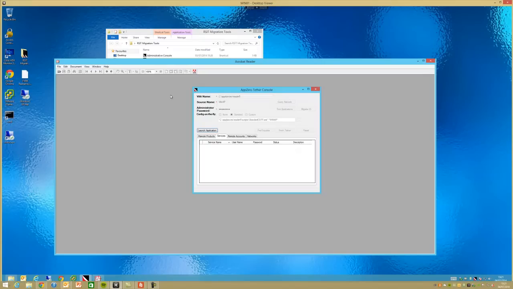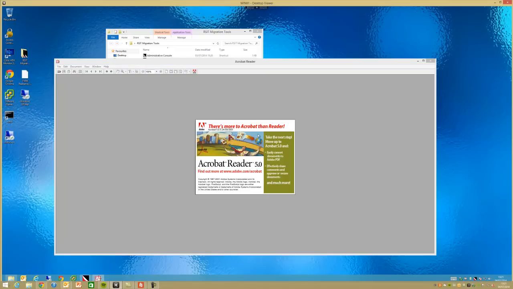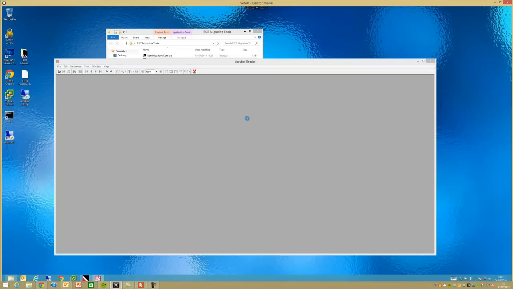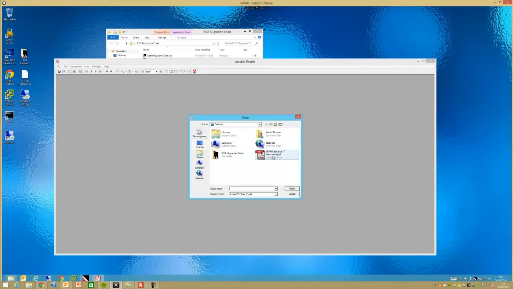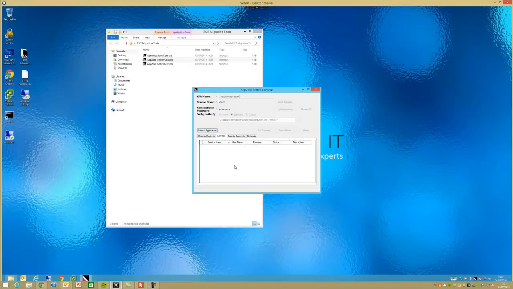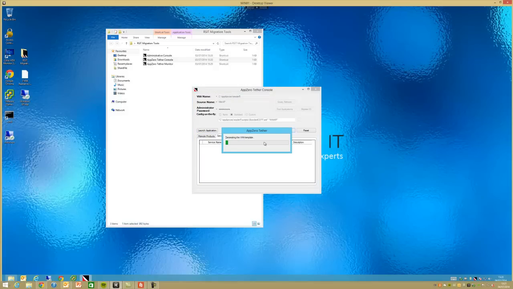Then what we need to do is exercise the application, which basically means to use the functions and features within the app to ensure that all the required registry keys and DLLs are migrated across onto our target machine. So we suggest you use commonly used components within the application in order to do that. Now we can close the application. We can finish the tether,